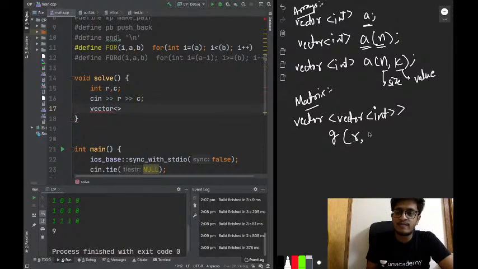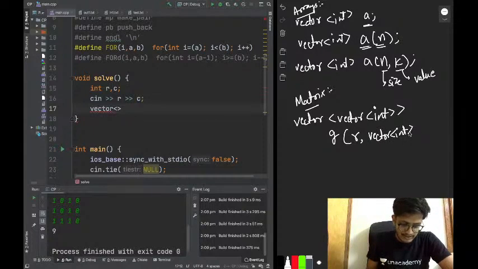And now we have to initialize each of these rows with a vector. Each of these rows should be initialized with a vector. So I will again write vector of integers. This is for initializing. Ayush has written m here, but actually we have to write the size as well.